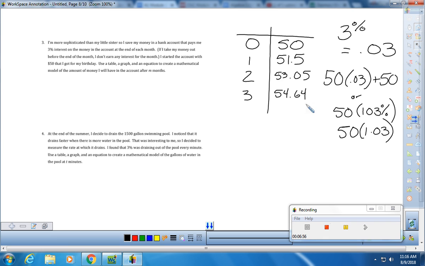Okay, now, this is great. Notice, how did we get from here to here? We multiplied by 1.03. This is going to be a geometric function. If you remember these, f of m, the amount of months, is equal to, well, where did we start? We started with 50, and then we multiplied by 1.03 the amount of months that has gone by. So just to give you an idea, if we went over to Desmos,